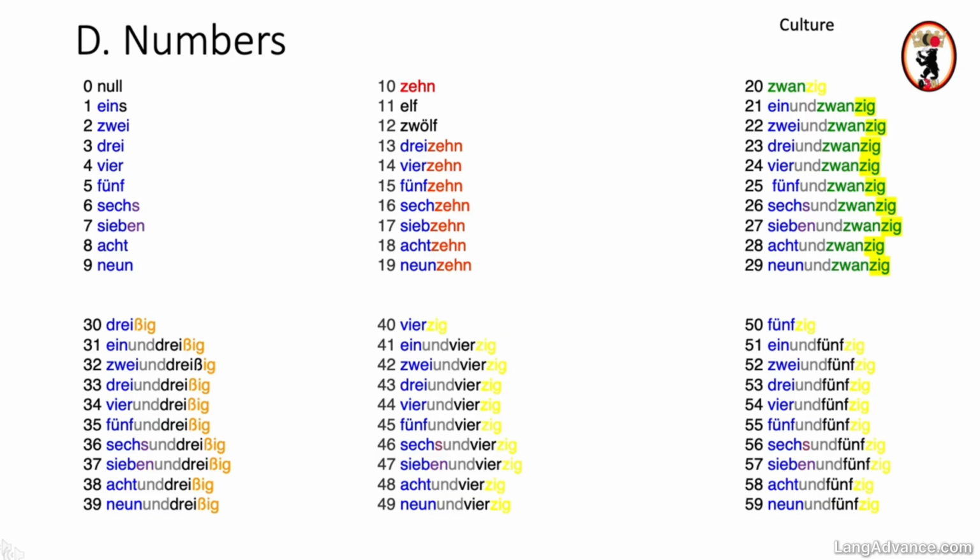30. Now that we have entered the 30s, there is another change, only for the 30s. You see that the suffix is not spelled with a Z, but instead with a SZ, which is also pronounced slightly differently. 31, 32, 33, 34, 35, 36, 37, 38, 39, 40, 41, 42, 43, 44, 45, 46, 47, 48,